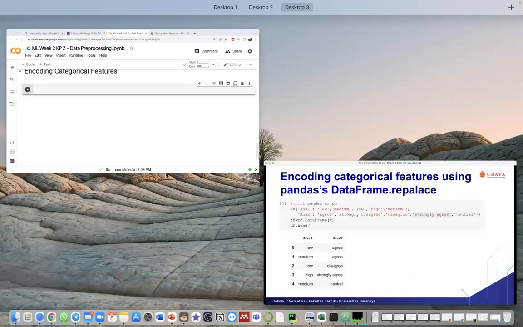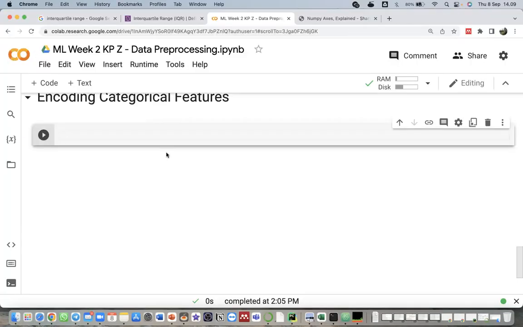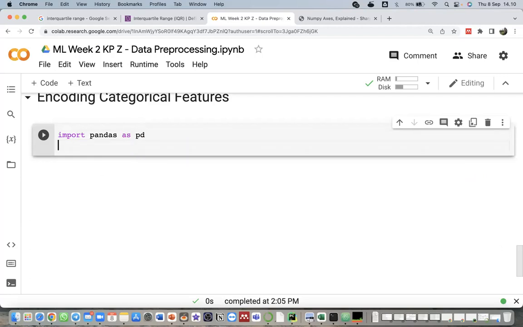We will use the pandas library for creating the dictionary variable, so I will import pandas as pd. Then X is a dictionary variable with two columns, ans1 and ans2.